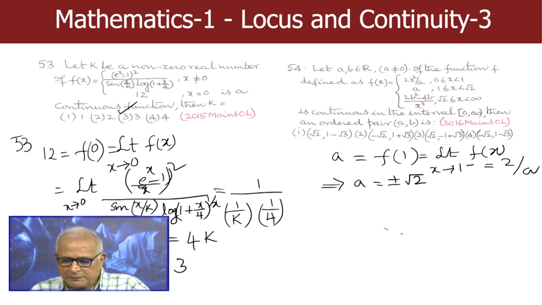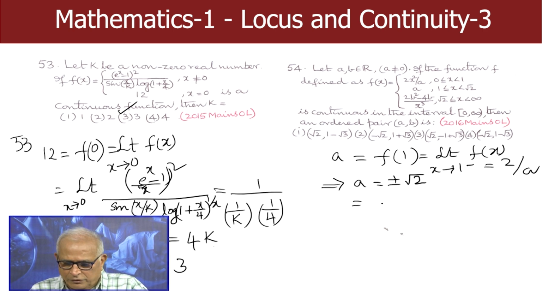For obtaining b, let us also consider the continuity of the function f at the other interior point √2. There are two interior points in the given domain, the closed interval 0 to infinity. One is 1, the other is √2. Because it is continuous on the entire domain, it is continuous at the two interior points 1 and √2. By using the continuity of f at x equal to 1, you are able to get two values for a. For both these values of a, f remains continuous at x equal to 1. Let us see whether we can eliminate one of these values by going for the continuity of f at x equal to √2. So at √2, the value is a,